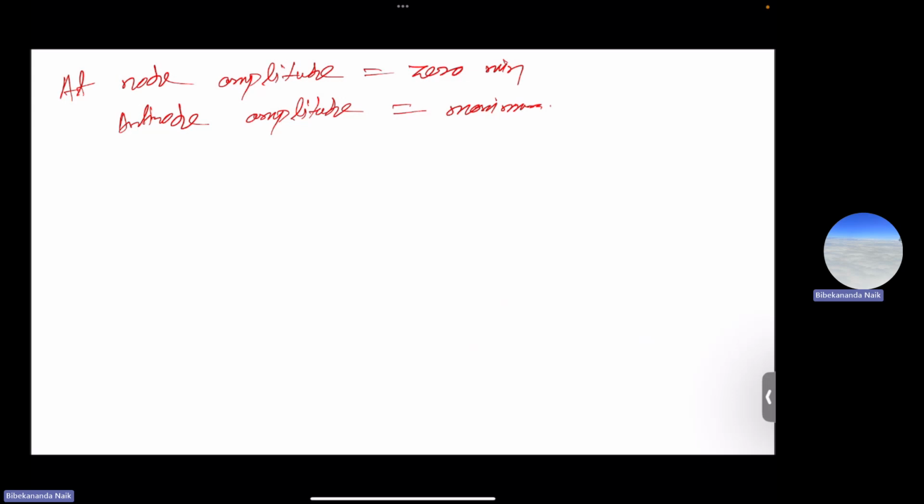So we know node is at, so node is always at x equal to 0. So for antinode,